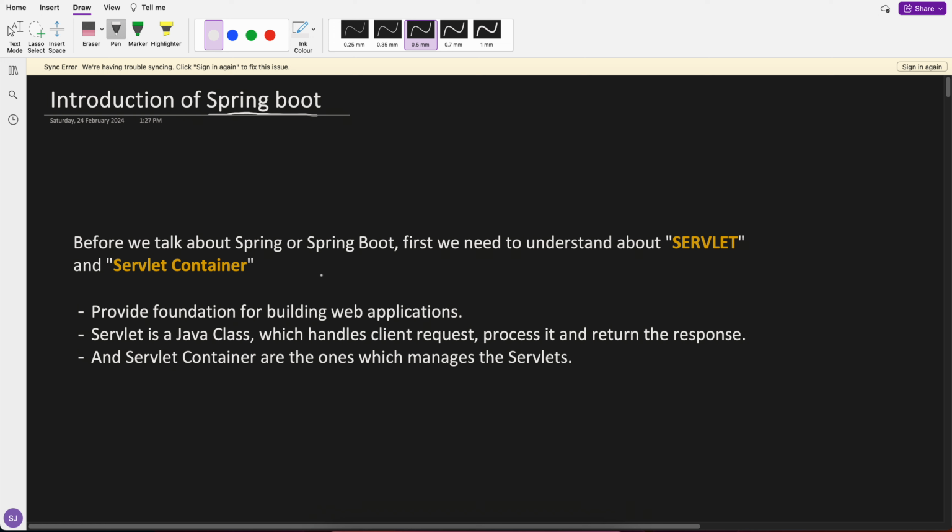So why does Spring Boot exist today? What problem does it solve? How is it different from Spring Framework? There are a lot of questions about it. So to totally clarify it, like the complete picture, we have to go a little bit back to when servlets were